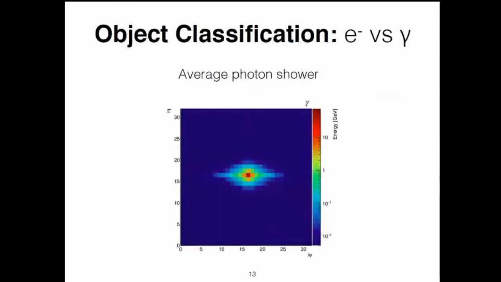Okay. So this is a picture of an average photon shower at 50 GeV, and this is a picture of an average electron shower. This is over about 50,000 events. As you can see, it's very hard to tell them apart. Okay. So I will point out some subtleties here. One thing you'll notice is the electron shower is slightly more spread out. Now, this is probably not the best visualization, but the center of the electron is also slightly weaker.